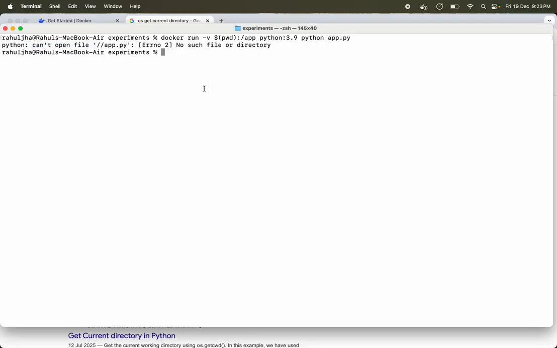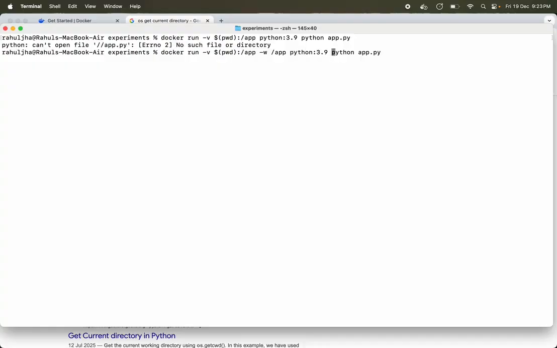Why? Because even though I have mounted this directory inside app, I have not changed my directory here. Now, how can I change it? Before the image name, I can also specify my working directory by passing this w parameter. So now I'm changing my directory before running the image.